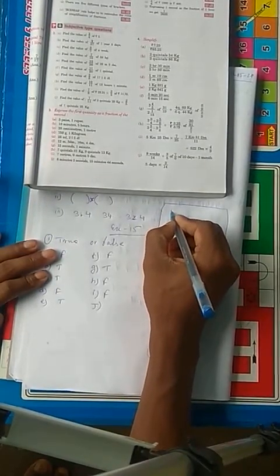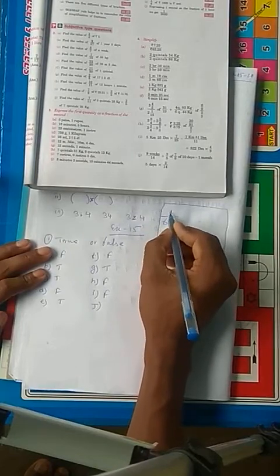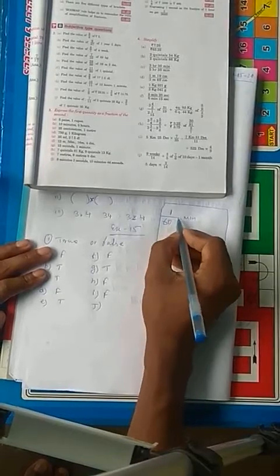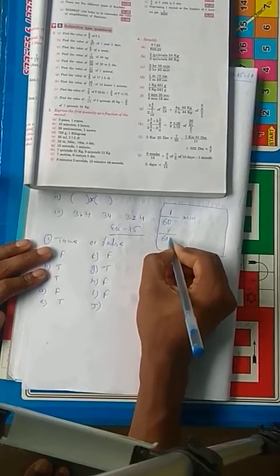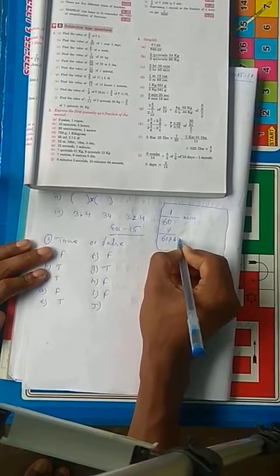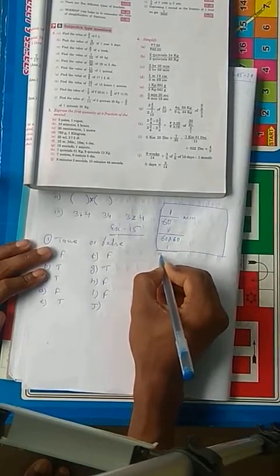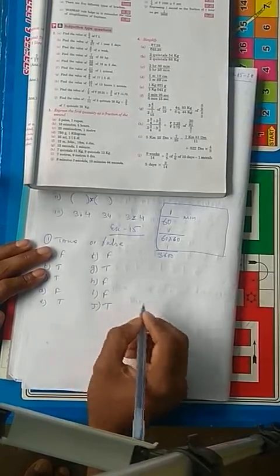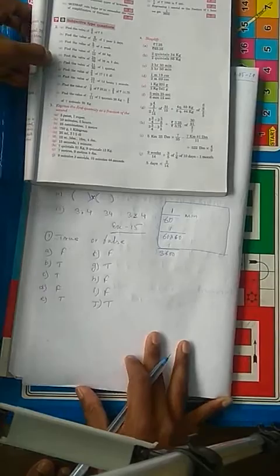1 hour we have to express in seconds. So 1 hour, if I divide it by 60, then that is changed into minutes, 1/60 minute. Then if there is a minute, I will change it into seconds, so again I will divide it by 60. Then 1 divided by 60 into 60 is 1/3600. So that is the right answer. Then that is true. Okay, true false done. Now number B.